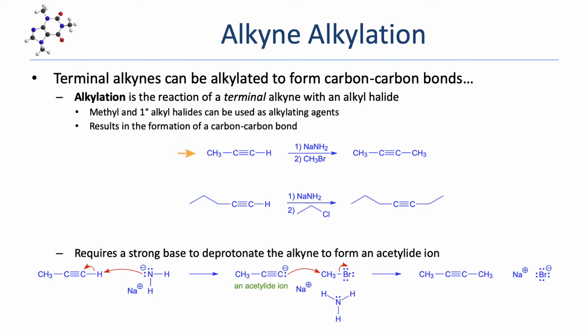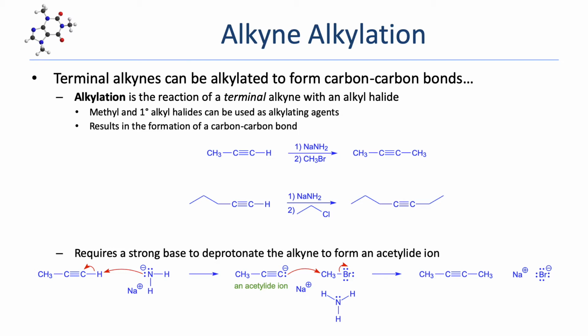In the first example, 1-propyne is first treated with sodium amide, a strong base, followed by bromomethane, which serves as the alkylating agent. You can see that the overall reaction is the replacement of a hydrogen from the sp carbon of the terminal alkyne with the alkyl group that was attached to the halogen of the alkyl halide, in this case, a methyl group. The 3-carbon chain of the starting material was extended to a 4-carbon chain via the formation of a carbon-carbon bond. The second example is quite similar, starting off with 1-pentyne and alkylating with chloroethane to form